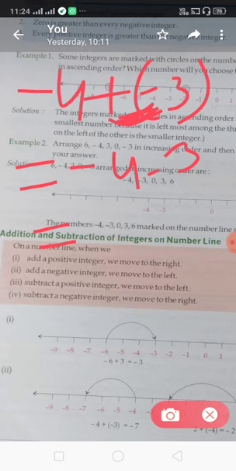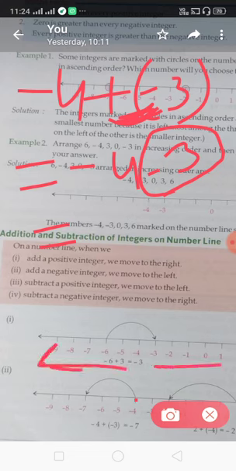Okay, now you use the number line. On the number line, first you reach -4. So this is your -4 point. From -4 you again subtract 3. How can you subtract it? This is a negative number, and for a negative number I have told you to move on the left side. So from -4 we are moving on the left side. Where is the left? This is the left side from 4, and this is the right side. If we want to move to the left side, how many places do we have to move?